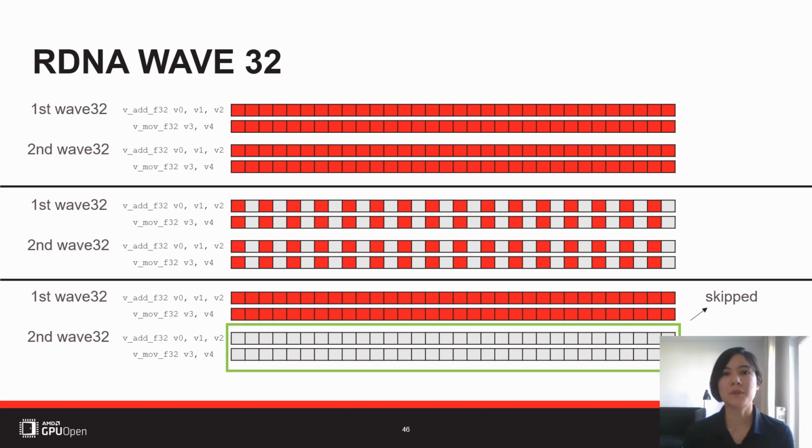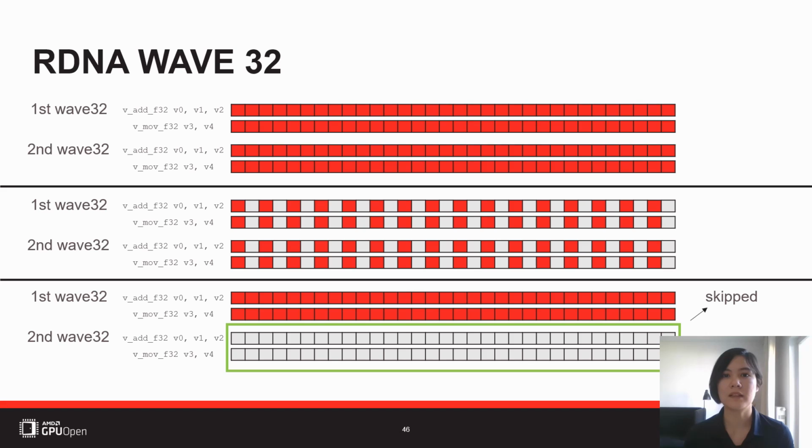So this first and last part is along a thread group of 64. So if you have a thread group of 64 but a wavefront of 32, this means we have two wavefronts because one wavefront has only 32 threads. So first, when all threads are active in this thread group, we run both wavefronts just as normally. Then the second example is just half of the threads are active, but it's every second thread, so this means